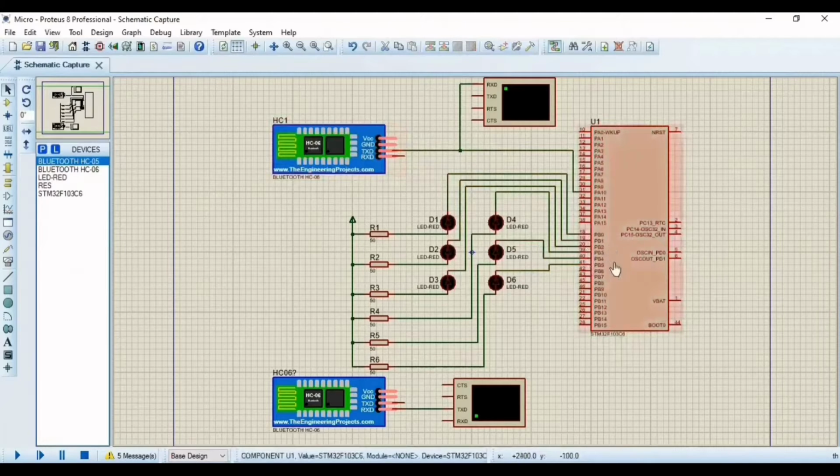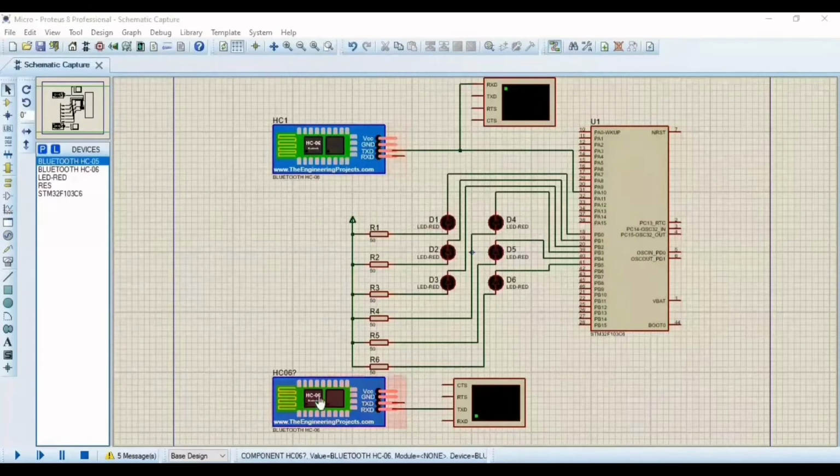All these output pins are set to 1 until no input is received. When there is any input, some of them are forced to be 0 using the coding condition we created in STM32CubeIDE. And we have these 6 LEDs to show the specific output pattern for each Braille alphabet. And here, this Bluetooth module is connected to the STM32, which is receiving text from an Android device that is converting the speech into text.